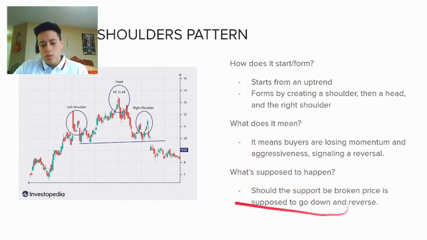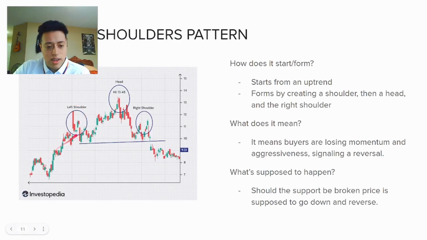So it's like I said, what's supposed to happen is, should the support be broken, that's where price is gonna go. It almost always does. But you also got to be very careful because a lot of these things in the market are fractal. What I mean is that if there's a pattern in the big scale, there's gonna be the same pattern in the smaller scales. So in this head and shoulder, you could see that there's another shoulder, head, shoulder, shoulder, head, shoulder, shoulder, head, and then there's no right shoulder. I guess the right shoulder could technically be this or this, but it's all within itself,